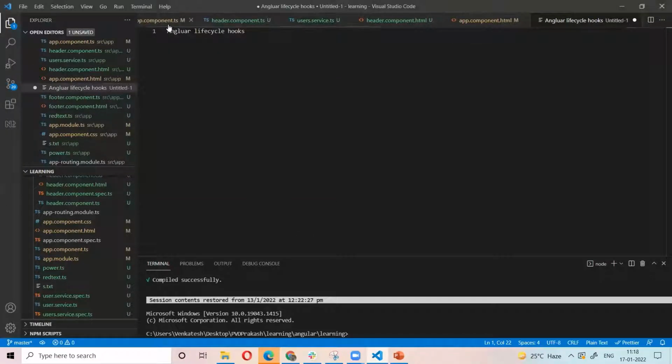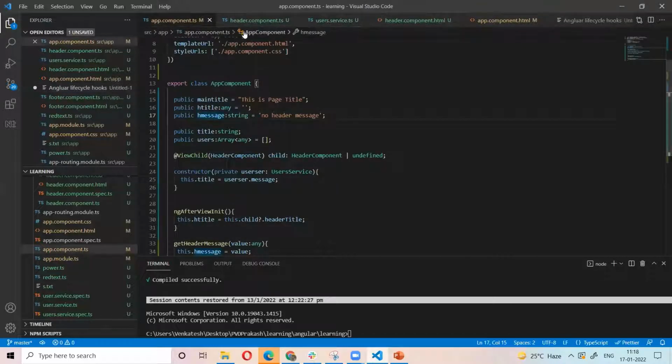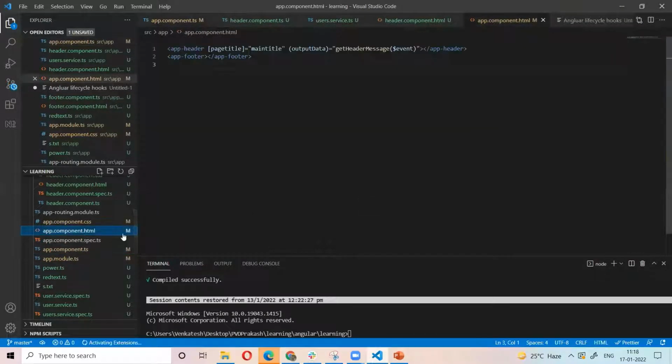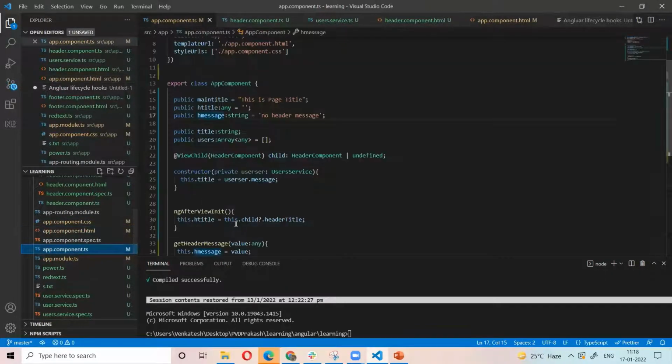For example, when we run our Angular application, the component will load, the related view will load, and also the child components will load. We are getting data from the APIs. So these are the stages: initializing the component, after getting data from the outside, initializing the child components and the view, after loading the child components' view. In this way, we have different types of stages in our Angular application. Based on that, we have different Angular life cycle hooks.